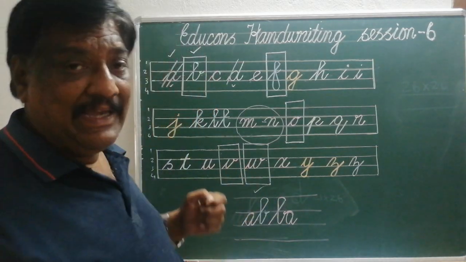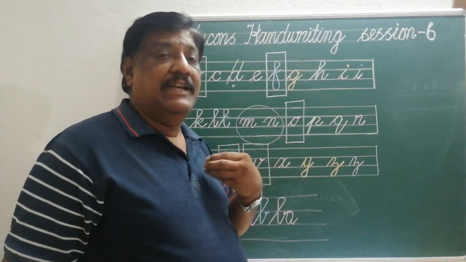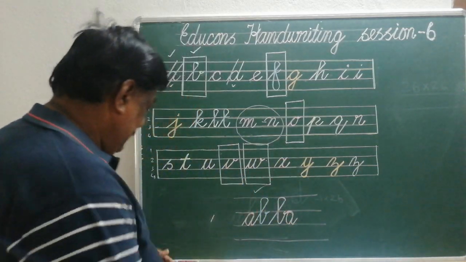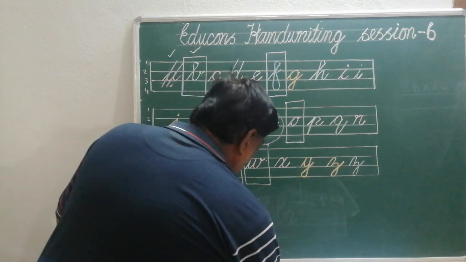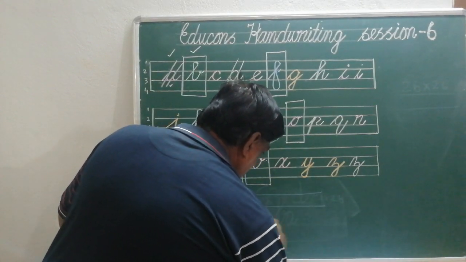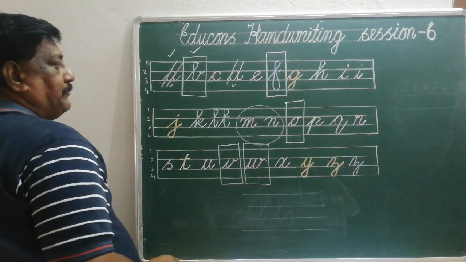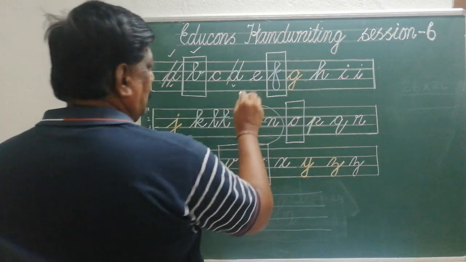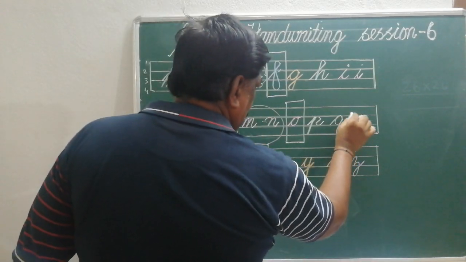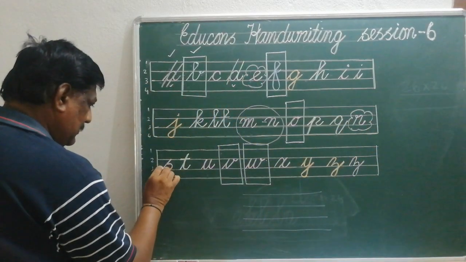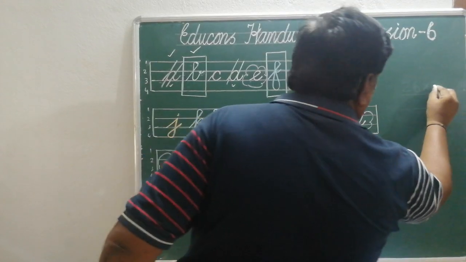Now I am going to give you exceptions. By practical usage, we have found some exceptions which we are advising you to follow. Okay, that I will tell you. Say, for example, three letters. I'll just circle it like this. Letter E, letter R, letter S. How many letters? Three letters.